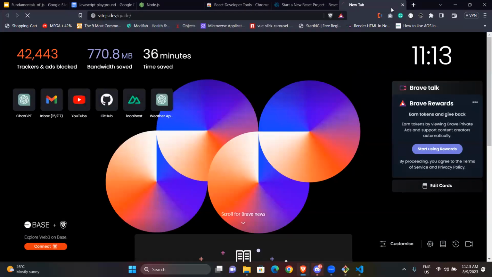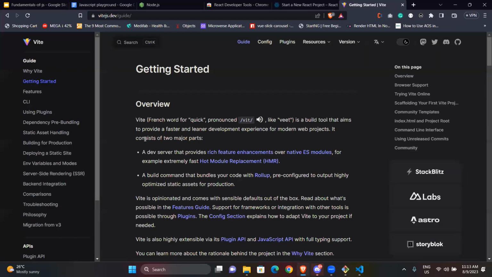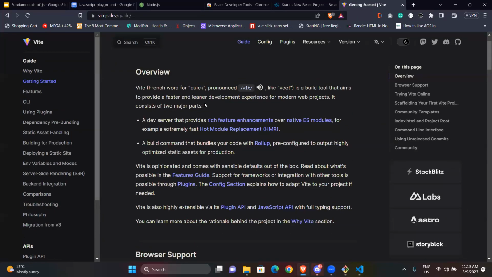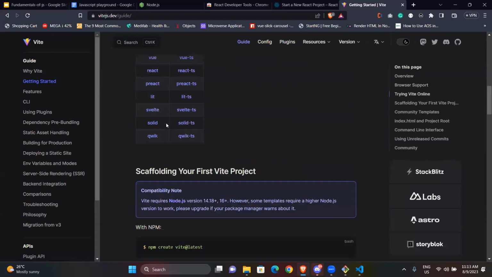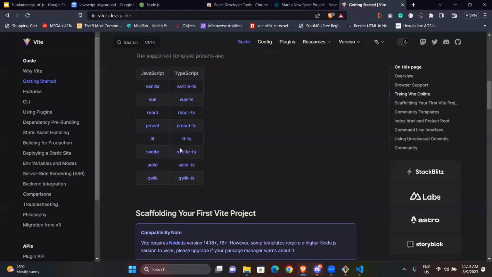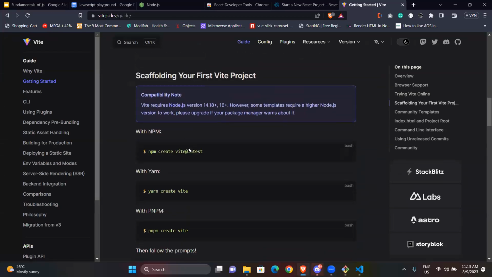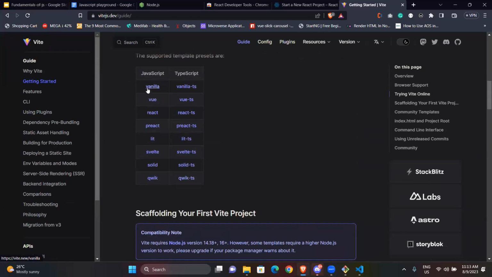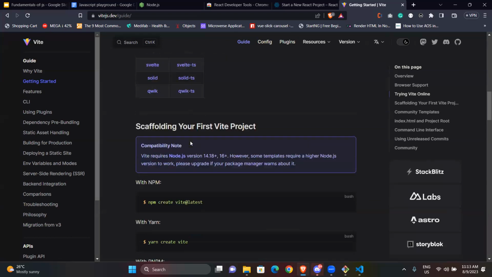So you come here. You see, Vite supports a whole lot of things. You can use it to create your vanilla app. You can use it for Vue, React, Preact, Lit, Svelte, Solid, Qwik.